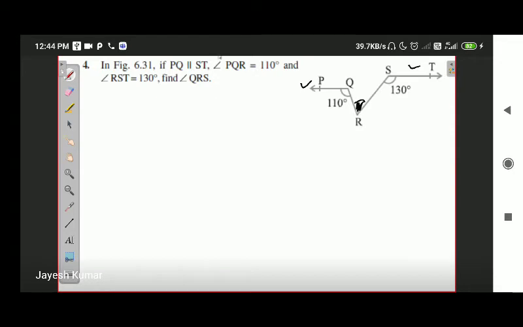Okay. So as you can already see, angle QRS is not made on any of the lines. So what we are going to do is draw a construction. We are going to draw a line segment which passes through R, which is parallel to either PQ or ST. That will be up to you; you can make it parallel to any of those. Okay, so this is the line segment. Let us name it AB.